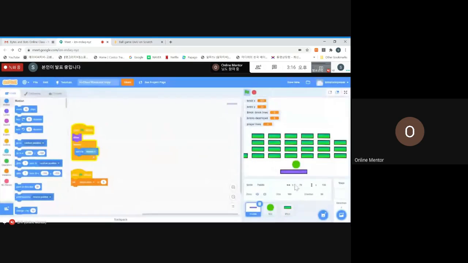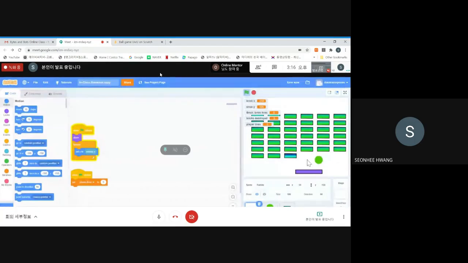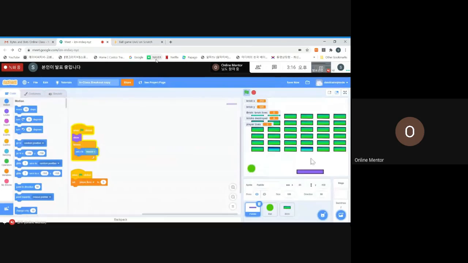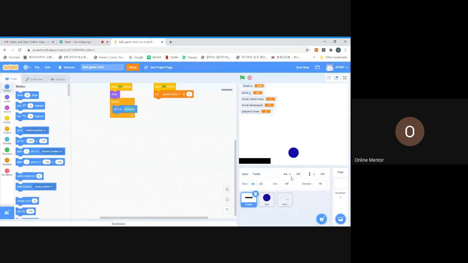Okay, let's make sure we have a fully working game. So you were able to drag the paddle around? Yeah. Okay, let's see if there's a way we can change that. Actually, what we'll do is go into your paddle code, and we want it to always start in the same place again. So we are gonna